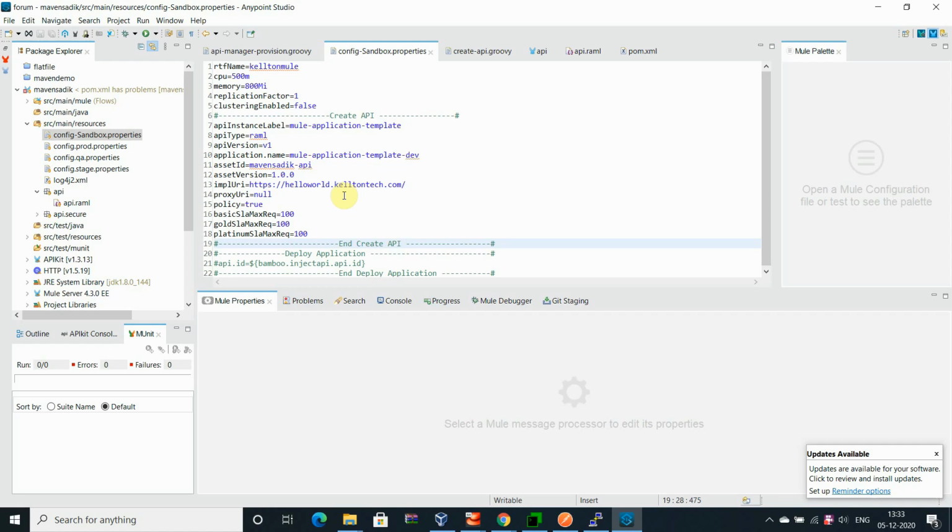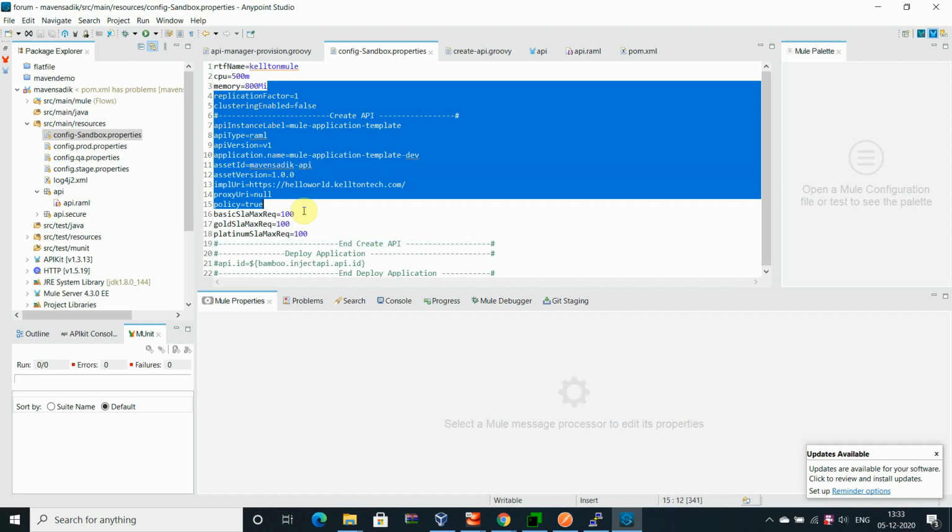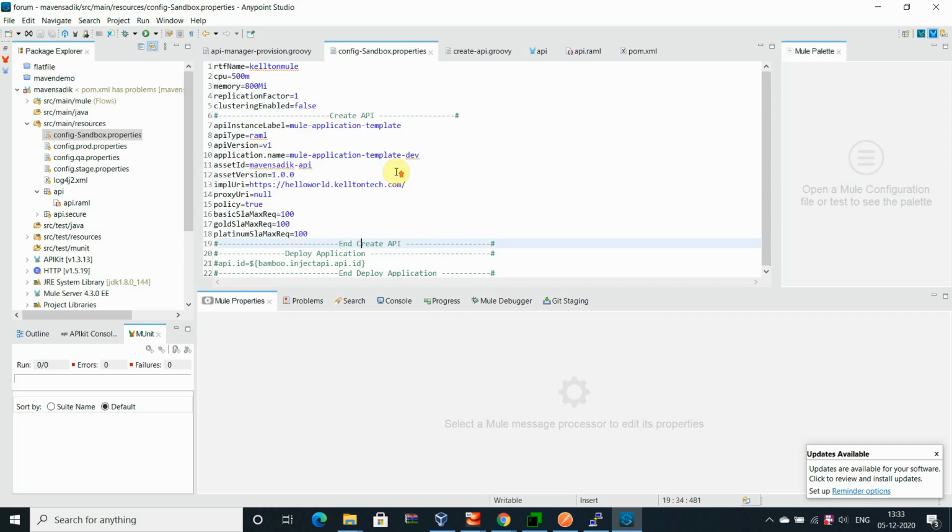That will be used whenever we are performing or executing a task to publish in Exchange or to deploy in the platform. Okay, so this is all the information I have associated here. Apart from that, I have created a couple more property files based on the platform environment, and they have the same information.